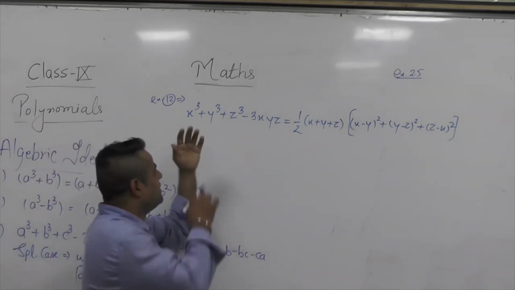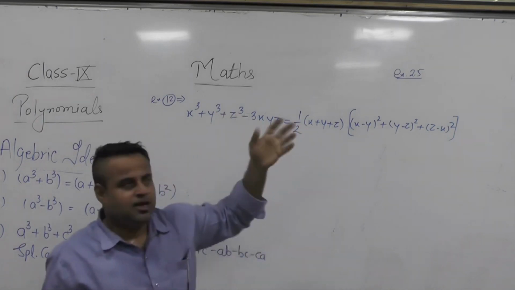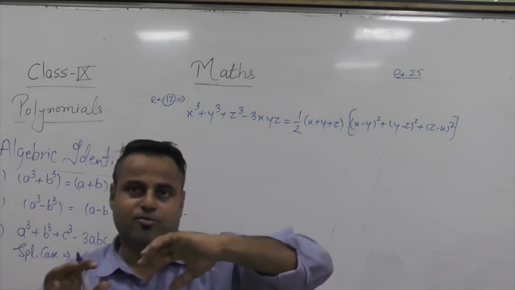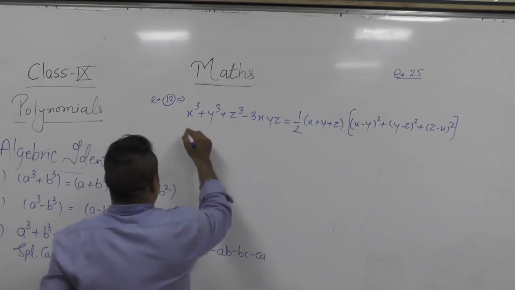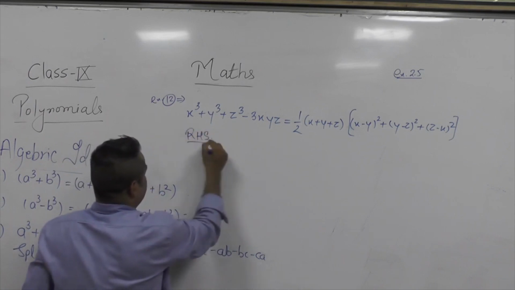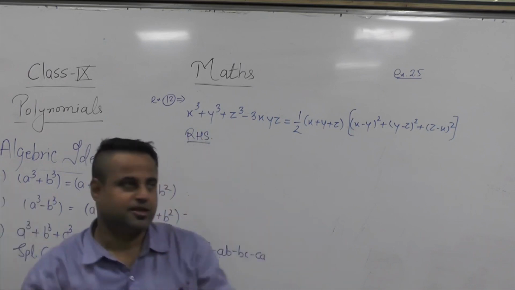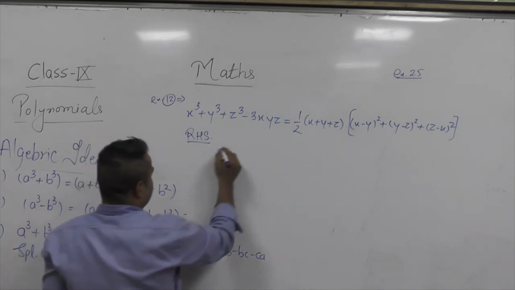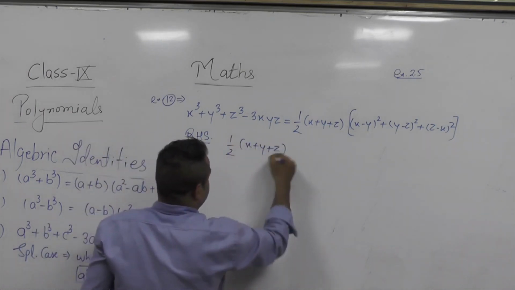What we are doing here, we need to verify. We can take either the left side or the right side. See, it's easier to make big small, not to make small big. So we are taking the RHS here, and we can try to apply the identity and shrink it so that it becomes equal to the LHS. So in the RHS, half of x plus y plus z, we are keeping it the same.